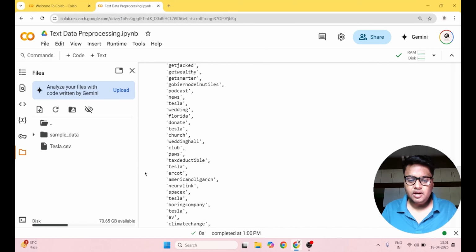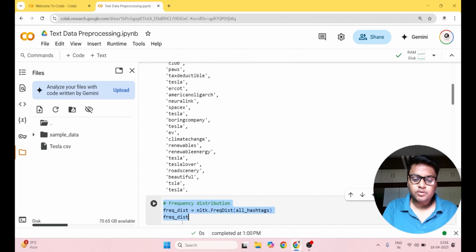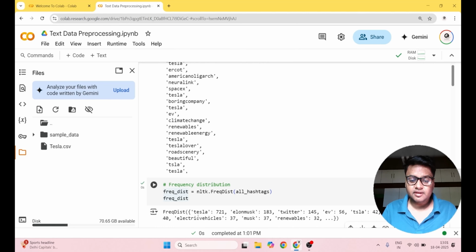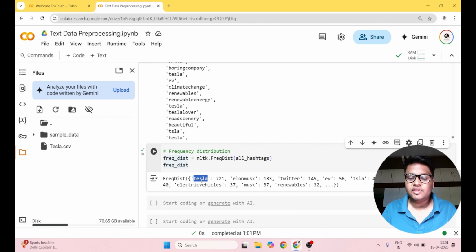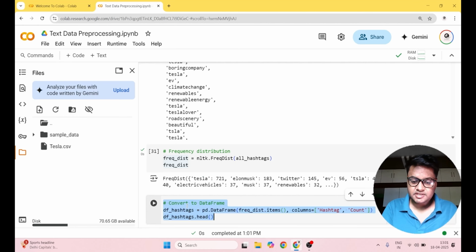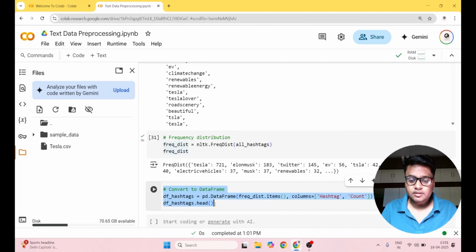Once this is done, I am going to see the frequency of each hashtag. Here we can see the most frequent hashtags: Tesla is 721 times, Elon Musk is 183 times, renewable is 32 times, and so on. These are the frequencies of the hashtags used in the posts. Next, I am going to convert this frequency distribution into a data frame. After that, I can plot out the